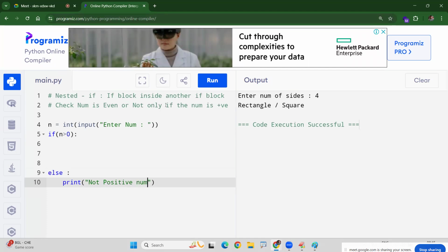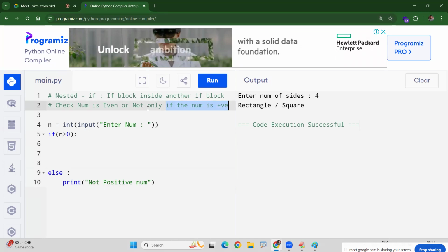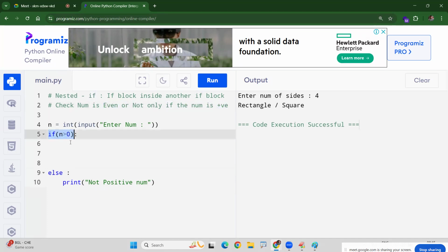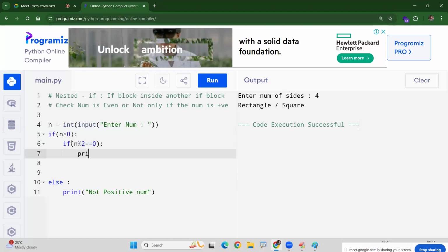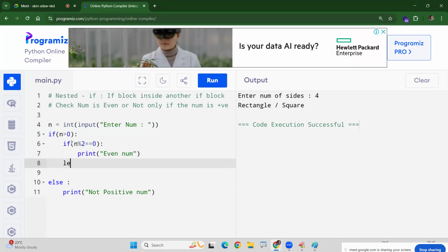So first we need to check this because strictly the condition is even or not only if it is positive. If it is positive, then this is the nested if. Then checking if the number is divisible by 2, then it is called an even number. If not,